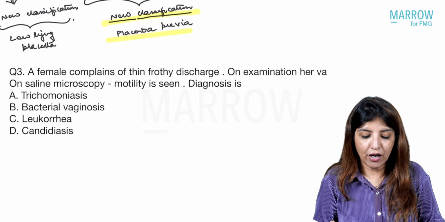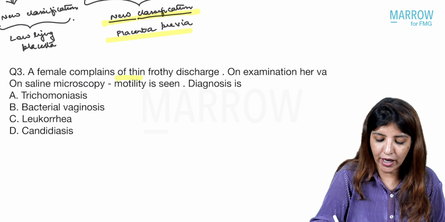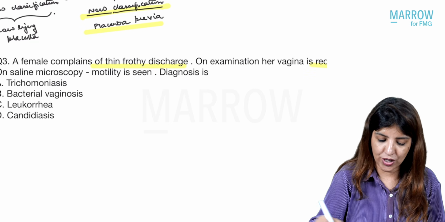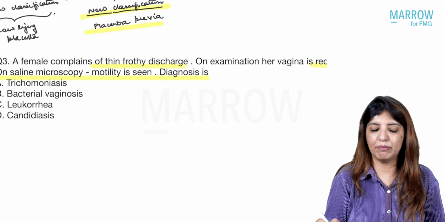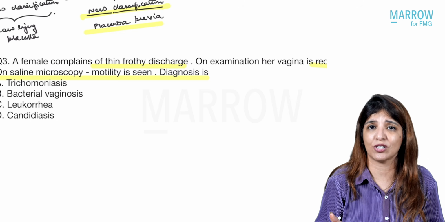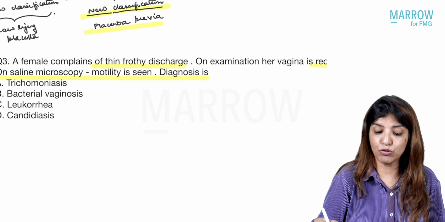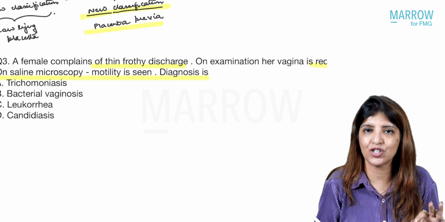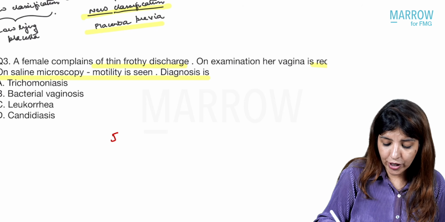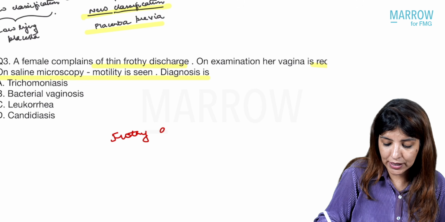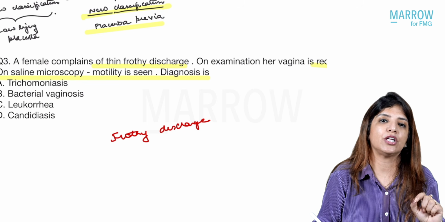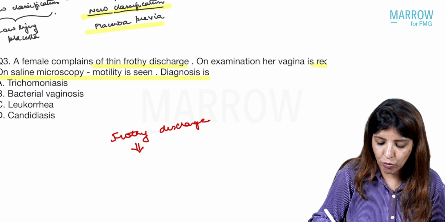Question number 3. A female complains of thin frothy discharge. On examination, her vagina is red. On saline microscopy, motility is seen. The diagnosis is... so many keywords are telling you the diagnosis. So number 1, the patient has come to you with thin frothy discharge. In my app, in the video, I have told you that whenever you get this word frothy discharge, even if they have not mentioned the color as greenish yellow, frothy discharge points towards